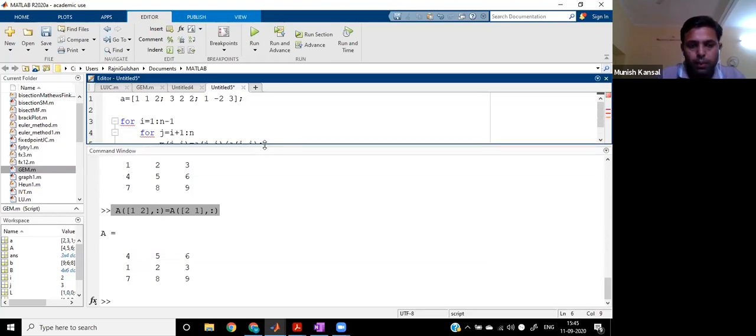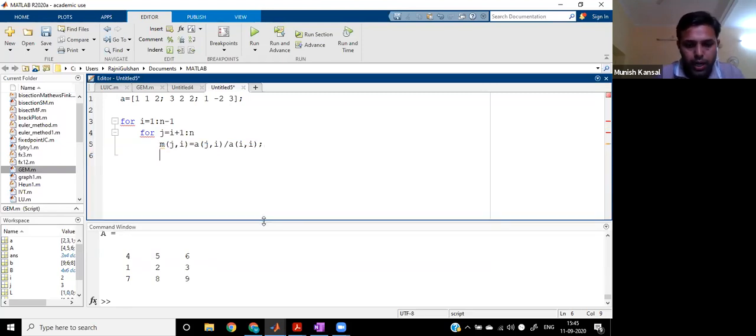will give you the complete row, like A1, colon, it will give you the complete row. Now you can better understand why we have written AJ, colon there. What will this do? A of J, colon will give you the operations in the jth row. So you will just display the jth row and apply the changes. So what are the changes? In R2, what do we do? I am just calling it R2, you can call it RJ, right? So this is R2 minus M21, which you just calculated above, MJI. In this case, star means multiplied. You have to put a star here.